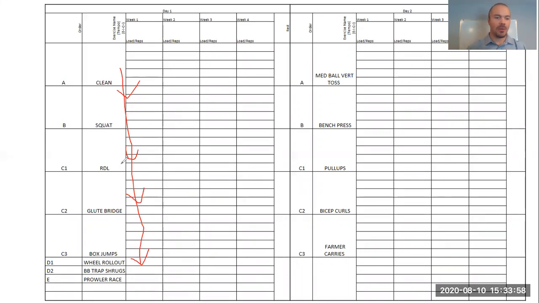Well, if we look here, in our C block, the RDL and the glute bridge are going to pick on pretty similar muscle groups. That posterior chain, the glutes are going to be highly involved in both of those movements. So is there anything we could do to maybe disperse or spread out the energy allocation within our lift? Well, looking at our D block here,